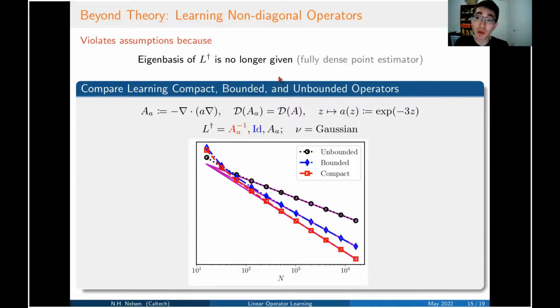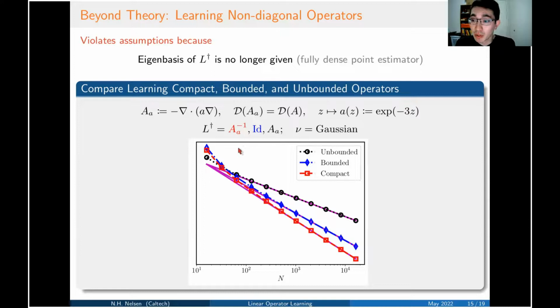This means that we don't have the eigenvectors anymore. We're just going to learn essentially a dense matrix representation of the operator, also using a Bayesian estimator, like a posterior mean estimator, except now it's a full matrix. It's not diagonal. So we don't have theory for this,